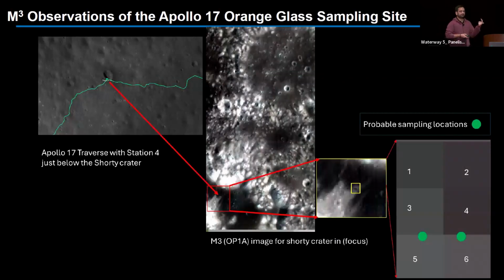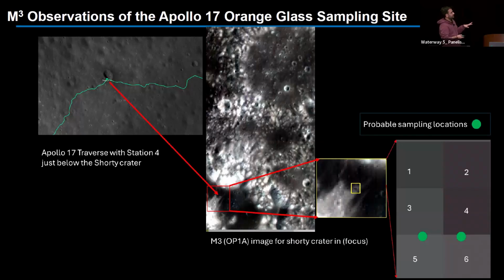So to complete the analysis, to put it in context, we extracted all the Apollo glasses sampling site spectra from orbital Moon Mineralogy Mapper data from Chandrayaan-1. I'm showing just one location. You can see the Apollo 17 traverse with Station 4 just below Shorty crater. Here's Shorty crater, and we put in the control points, the coordinates, and we found that Apollo 17 74220, the orange one, and 74002, the black one,